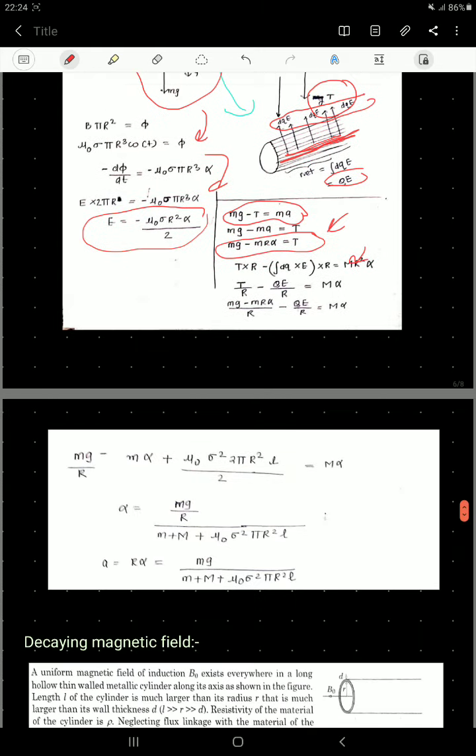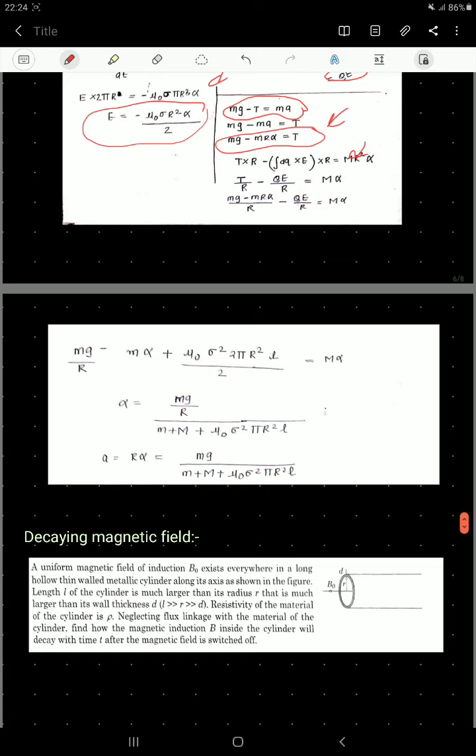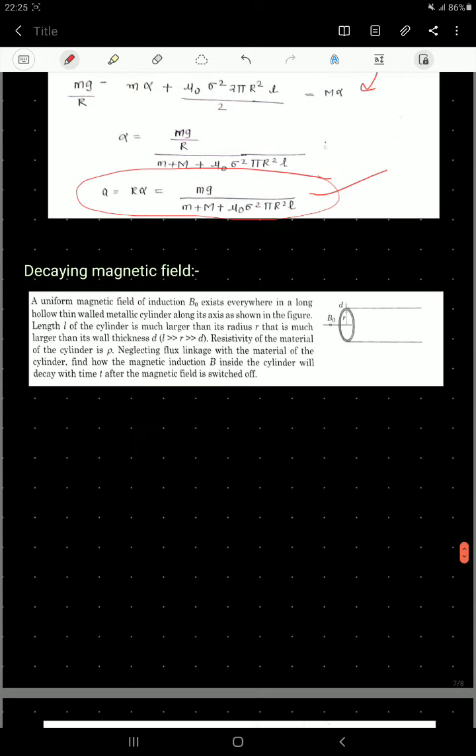Combining these both equations, since we know that q is equal to sigma into 2 pi rl, and we've been using that for the value of q, once you put it here, you will get the value of acceleration as r alpha, and this would be similar to the given situation. Now this is also a good question.